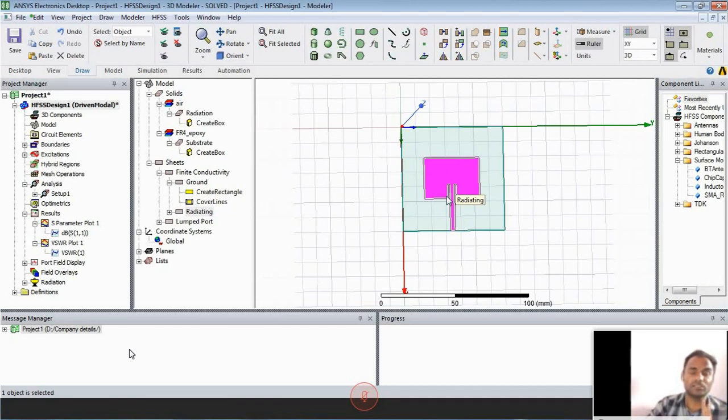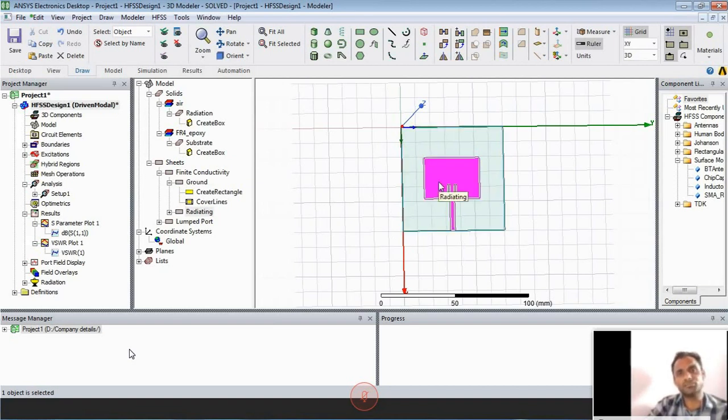Why I'm saying we need to use only these two is because these two give a perfect radiating condition. That means perfect emission, a perfect balancing condition for electrical signals. That's why we take 0.5 mm and 3 mm capacitance. Then we insert the feed into the radiating layer and we get a full radiating setup, that means a full setup of the antenna. Then we give a boundary condition. In that boundary condition, here we need to change the axis position.